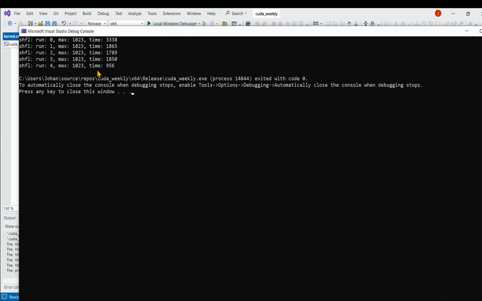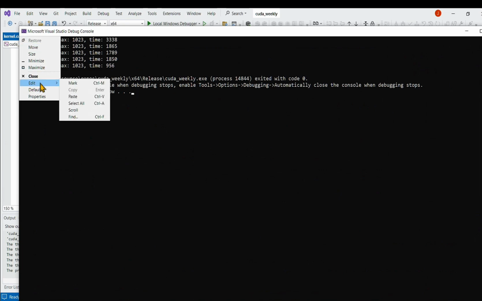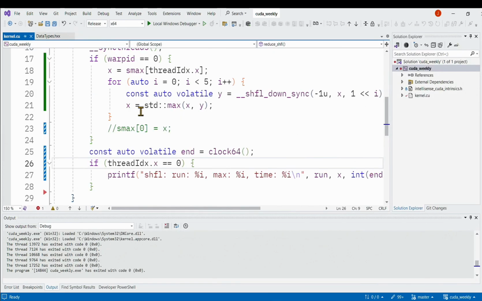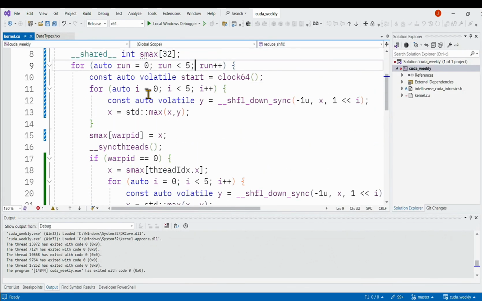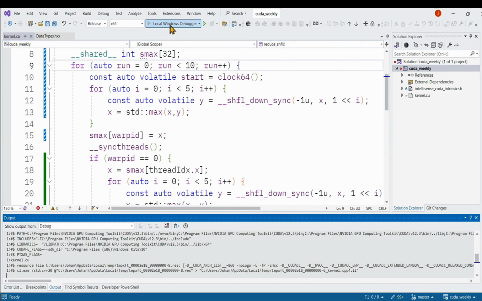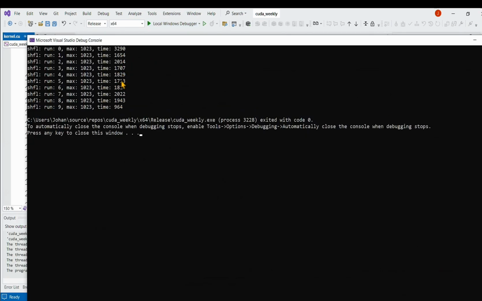So you can see the timings actually differ quite a bit. Let's maybe run it a few more times to see if these timings stabilize. When we run this, you can see that these times, well, the first time doesn't look very realistic and the last time looks suspiciously fast. So we'll take these times in the middle.